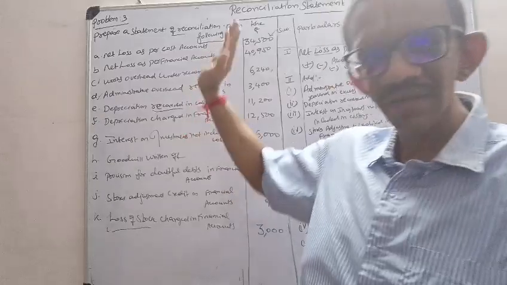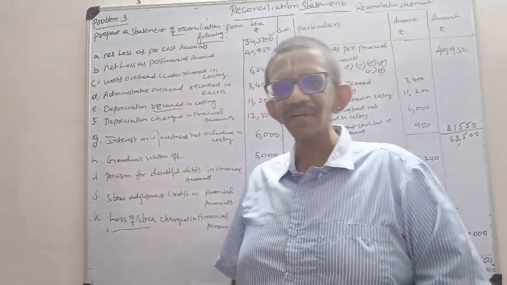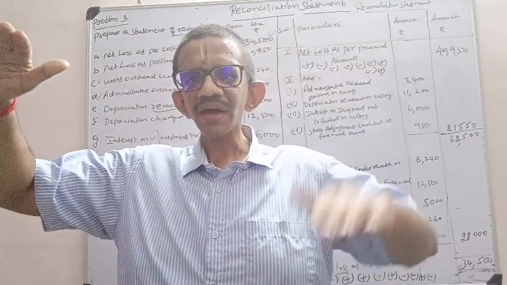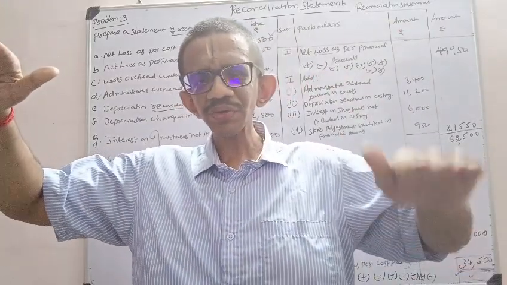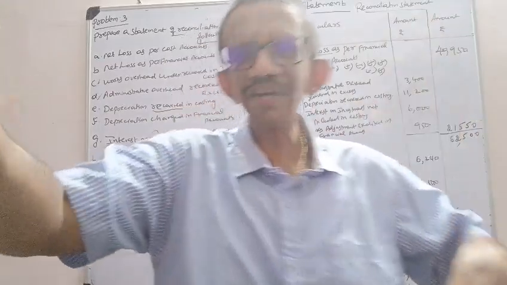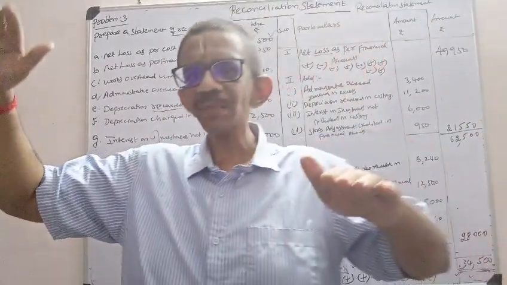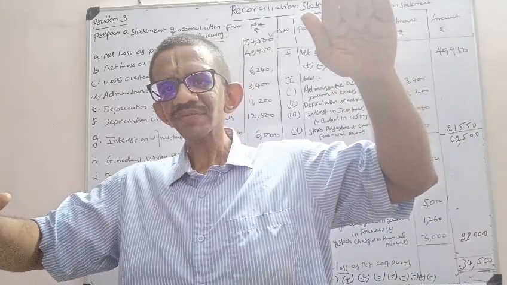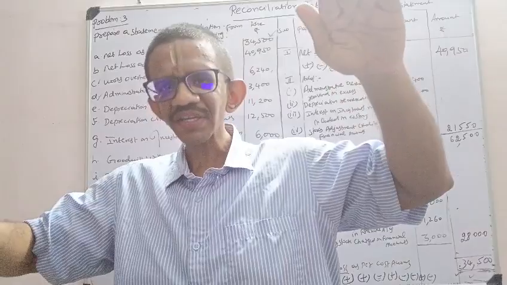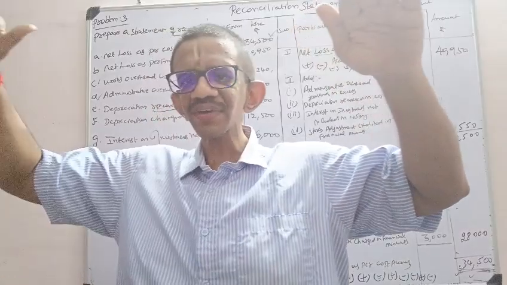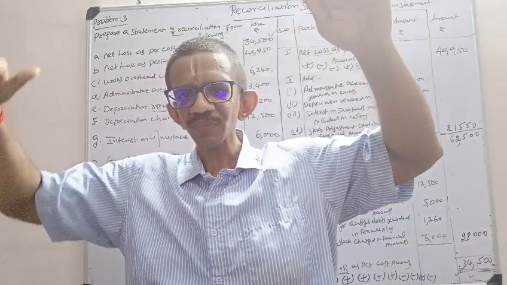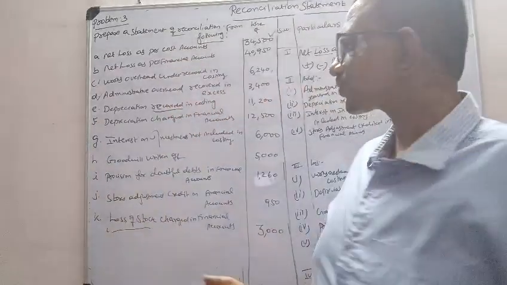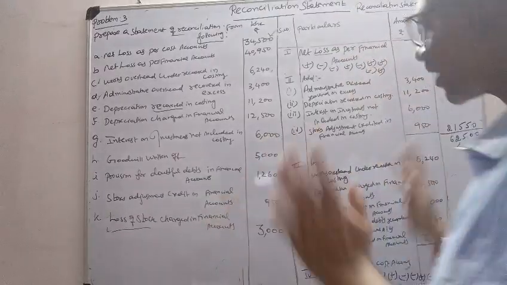As far as a loss oriented problem is concerned, if the income increases, loss decreases. You have to focus on the increase or decrease of loss only. If the income decreases, loss increases. If the expenses increase, loss also increases. If the expenses decrease, loss also decreases. That's all. So you have to apply this in your examination.